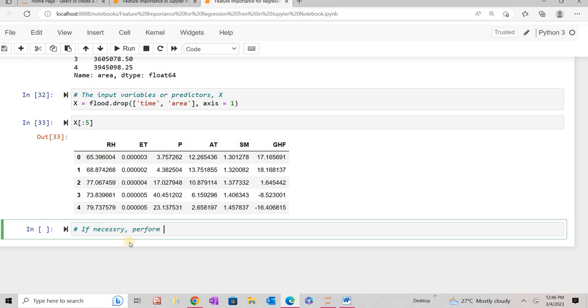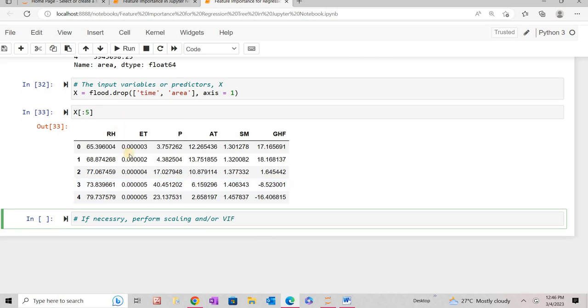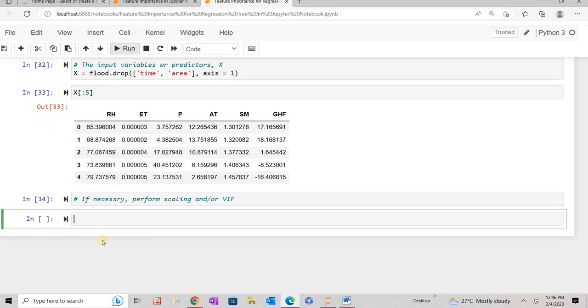Perform scaling and variance inflation if necessary. So I'm not going to do that here, so I skip it and I go to